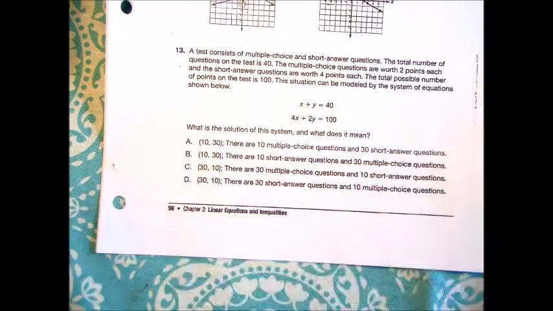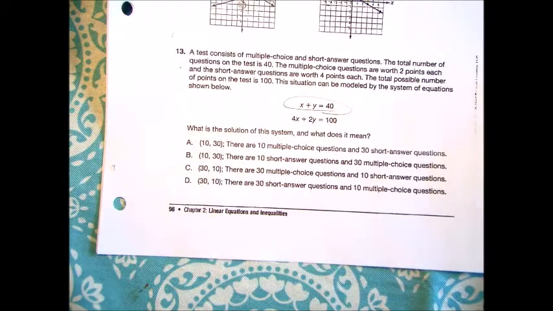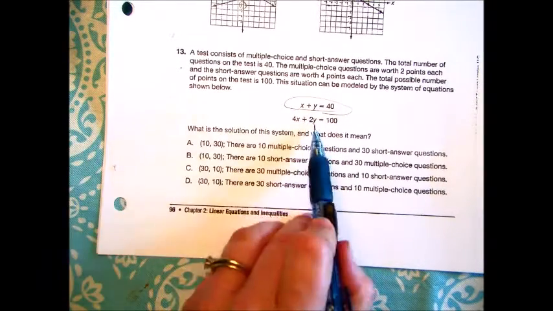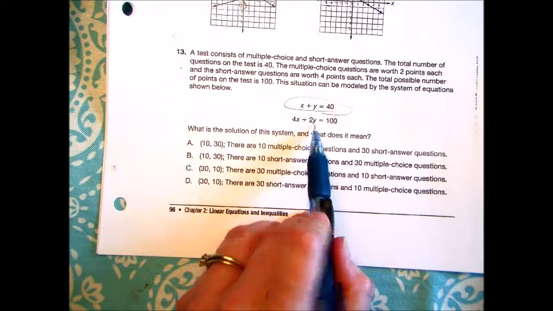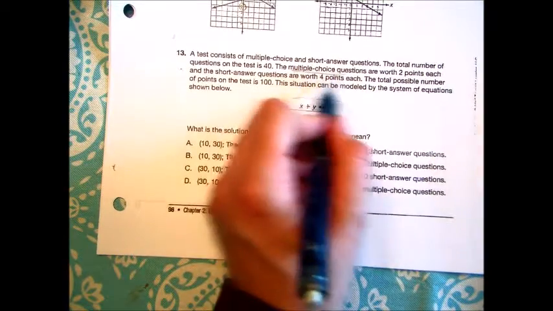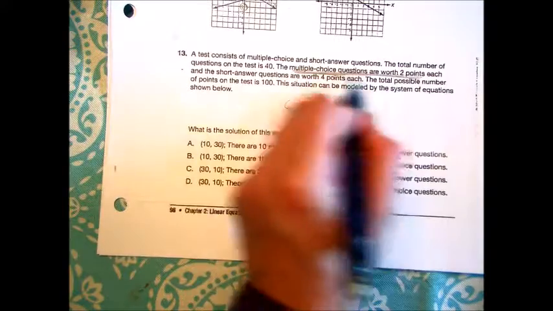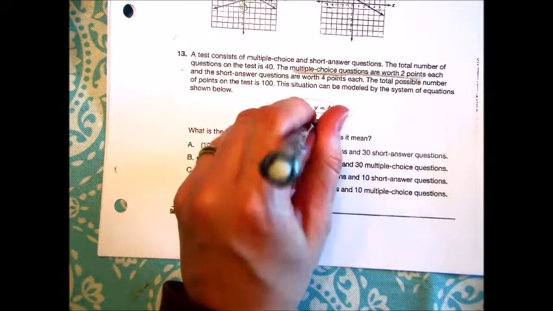13. A test consists of multiple choice and short answer. The total number is 40. That's how they got that equation. The multiple choice are 2 each. See right there? So that tells me right away. See how the 2, it says multiple choice are 2 each. See that? That means that y